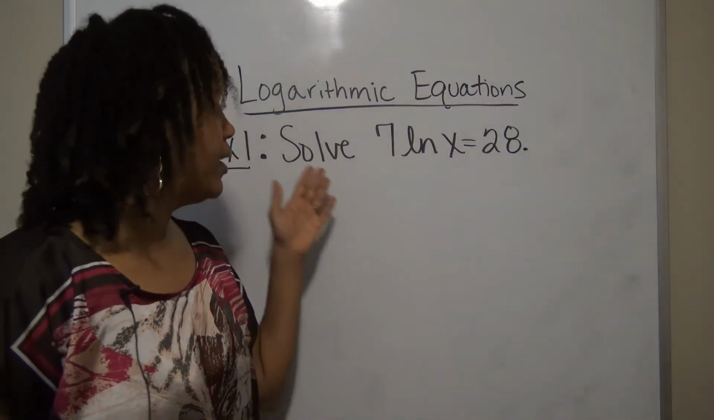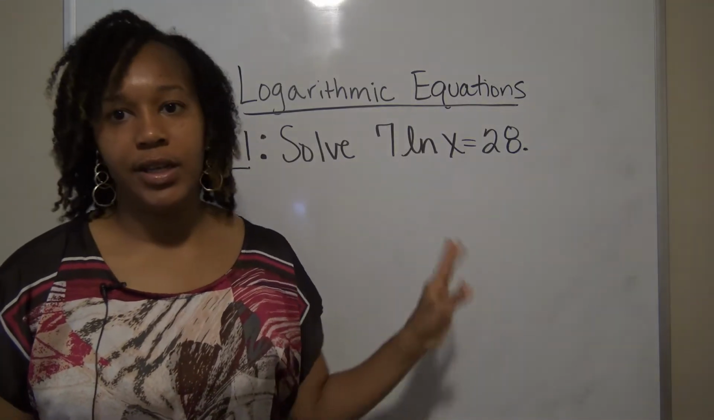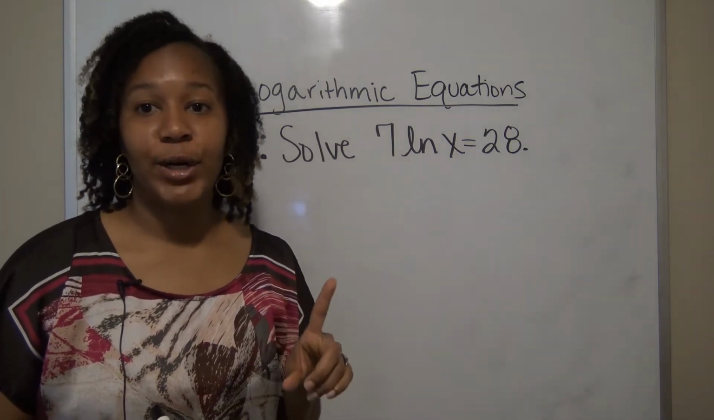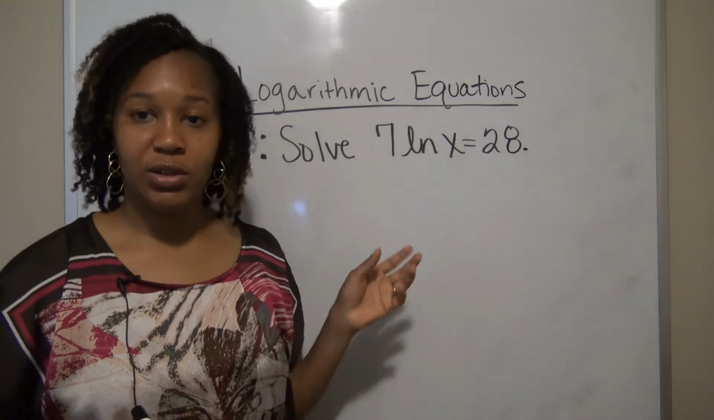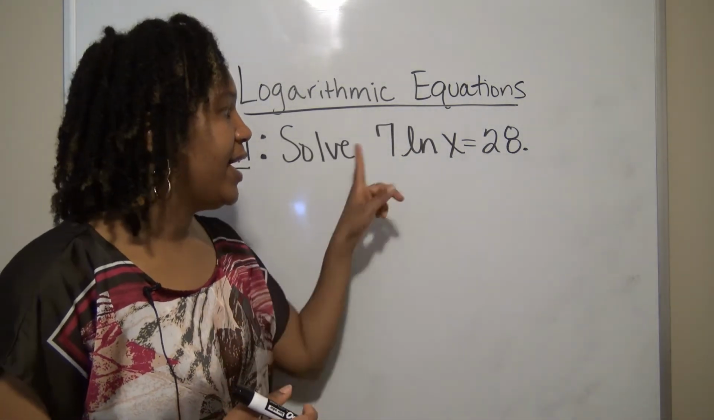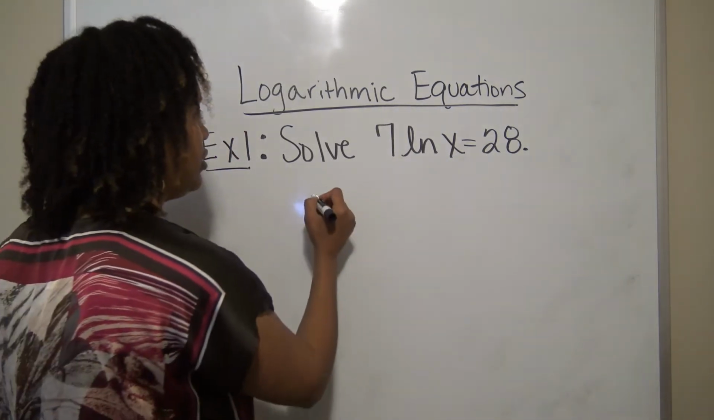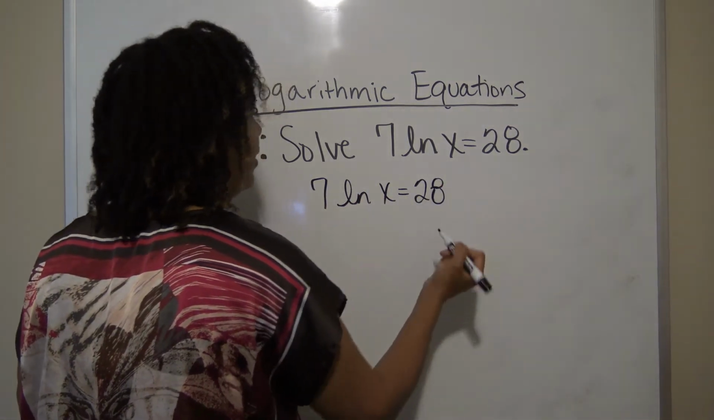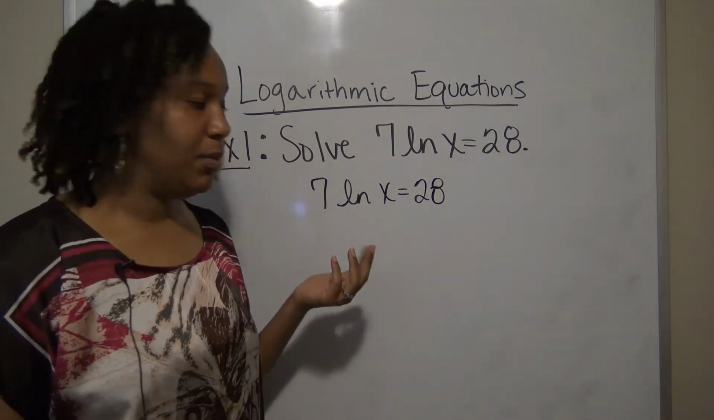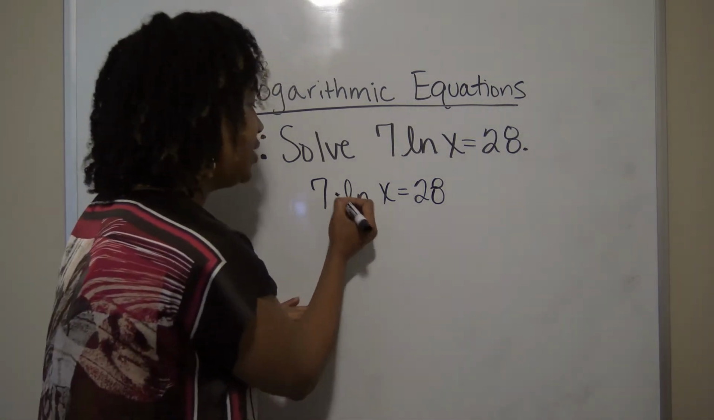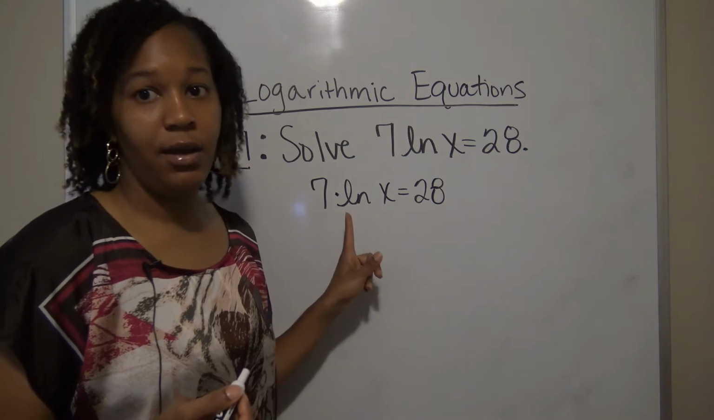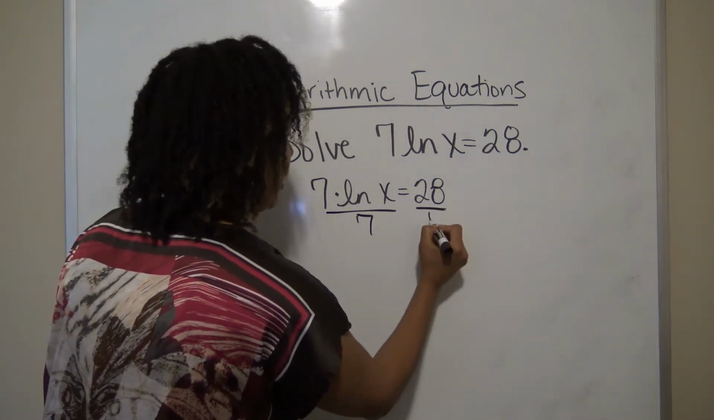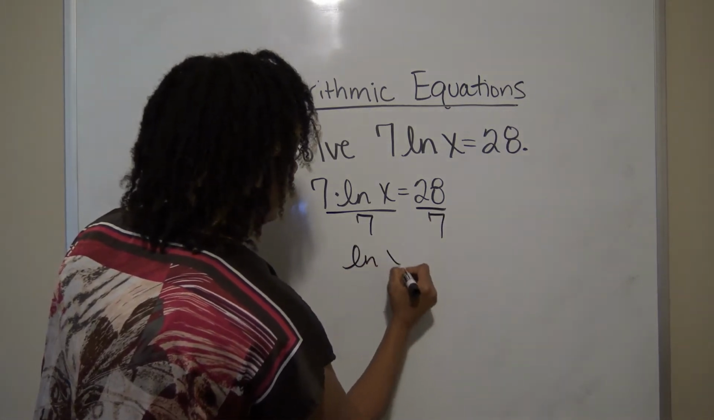For example 1, we want to solve 7 times the natural log of x equals 28. Now this one has one log, so it looks like that first form that I showed you previously. However, it has this number in front of the natural log, so I want to get rid of that number in front of the natural log, and then I can solve it as previously mentioned. So this is 7 times natural log of x. If I want to get rid of 7, then I would do the opposite of multiplication, which is division. So I would divide both sides by 7,